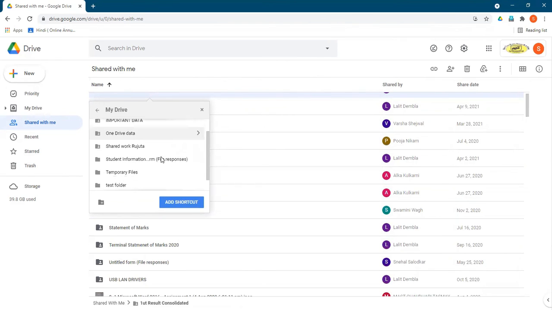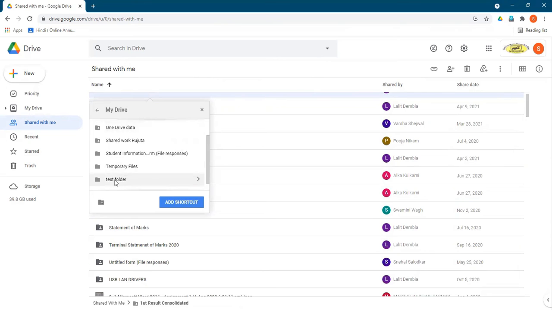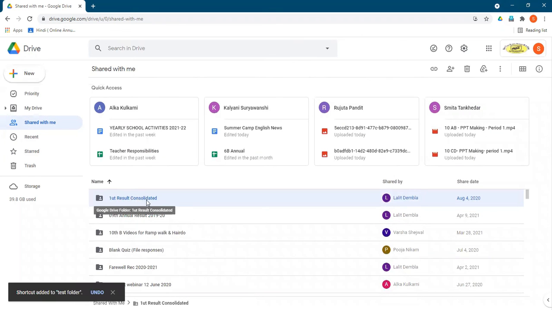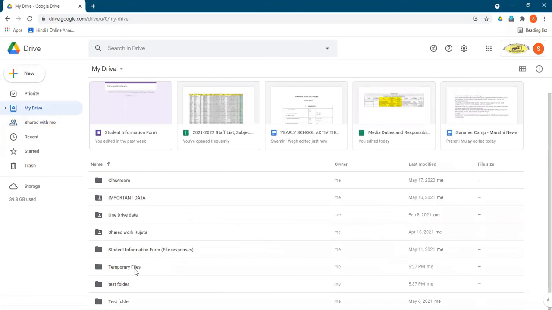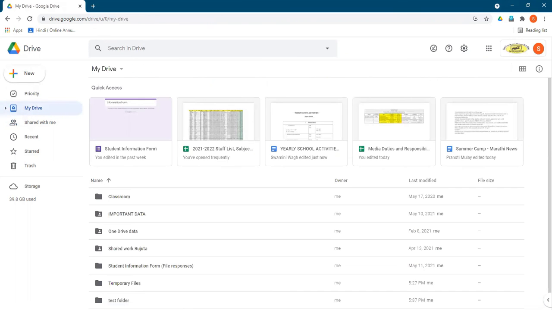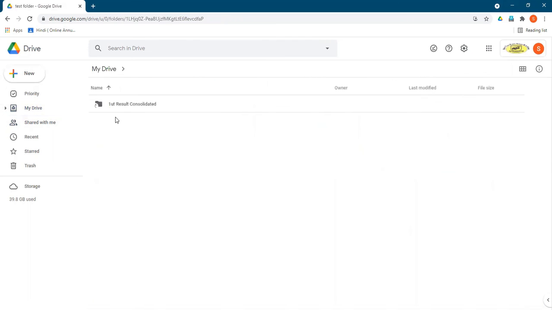You remember we just created a test folder, so I open that, put the arrow here and click Add shortcut. So remember, this unit test result consolidated will henceforth appear in my Drive in the test folder. Oops, sorry, there were two test folders, so I got confused. This test folder, here it is.